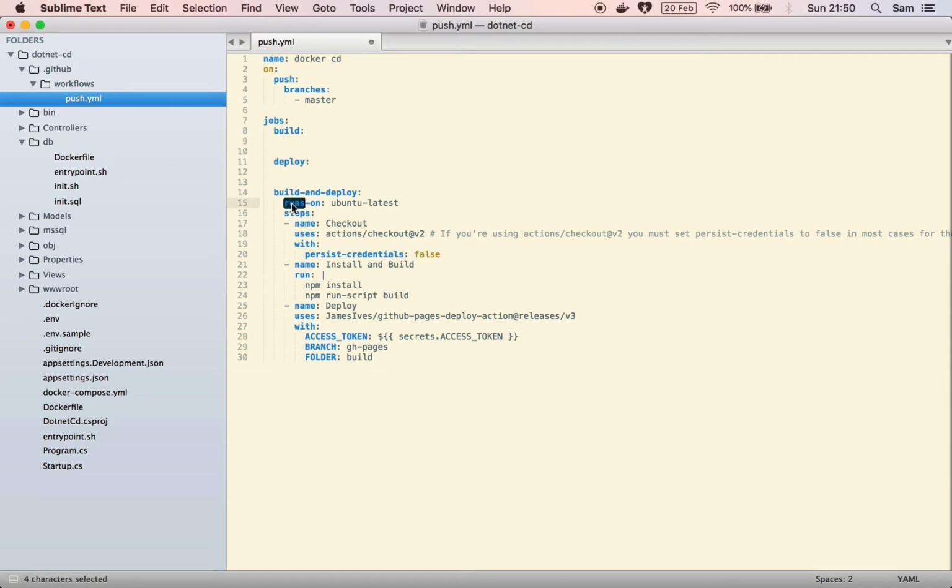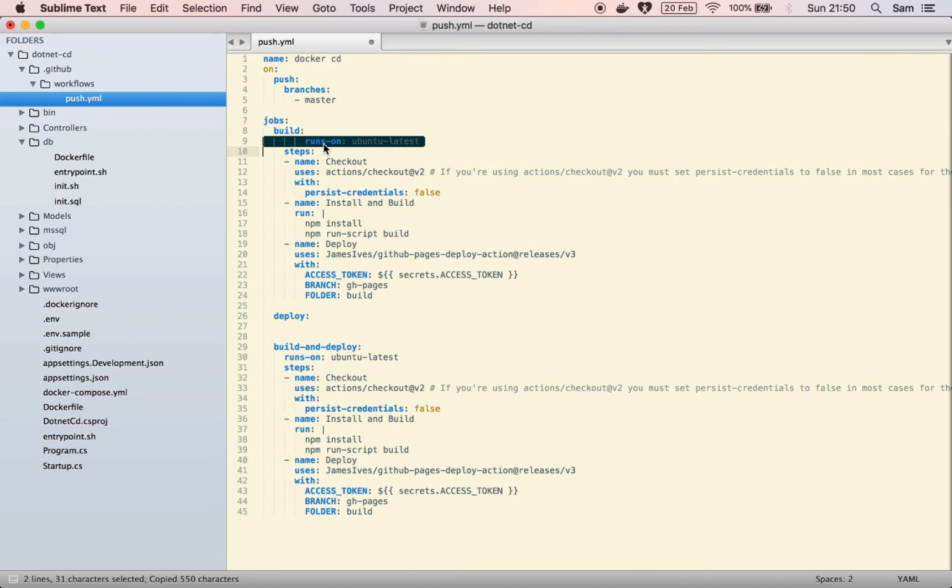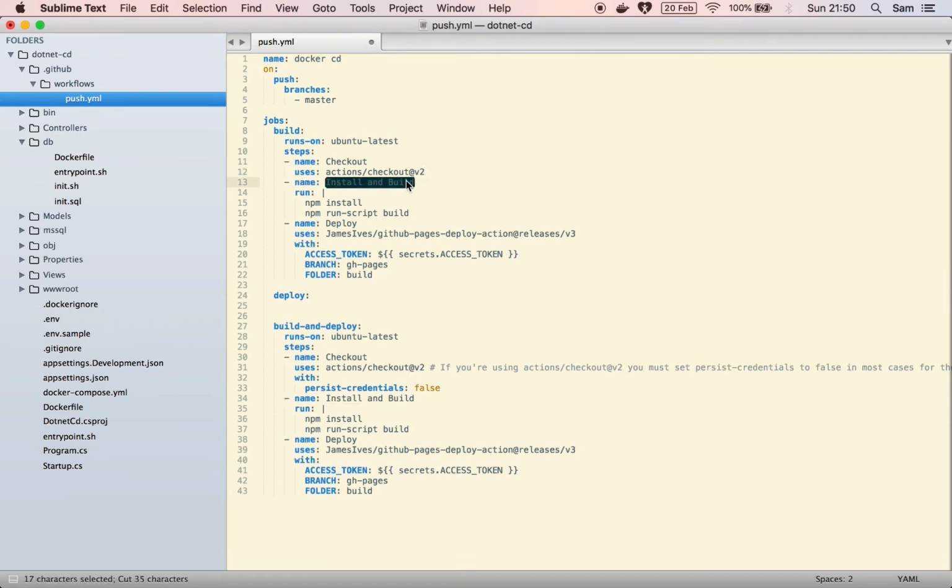We'll borrow pretty much all of this code. So it runs on Ubuntu latest. Checkout v2. Yeah, we don't need these options. First thing that we want to do is login. So login, and then